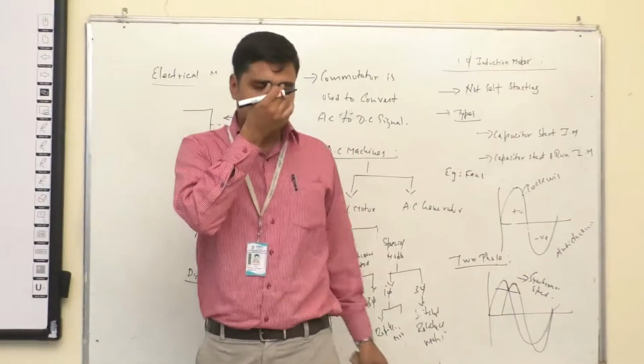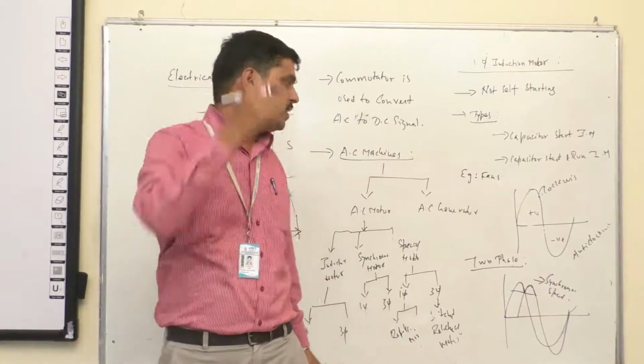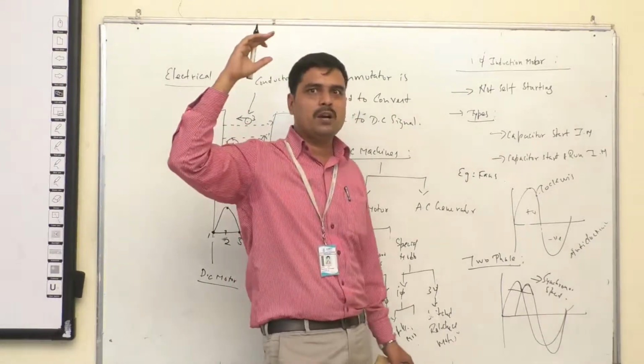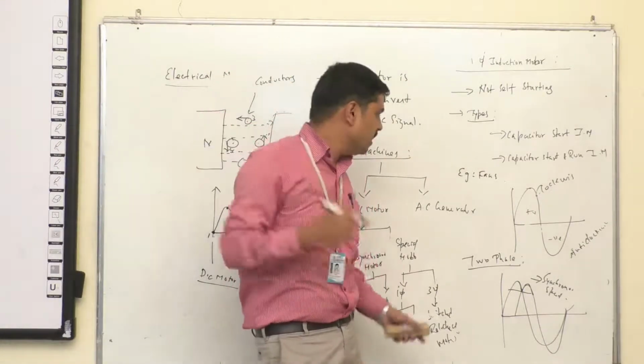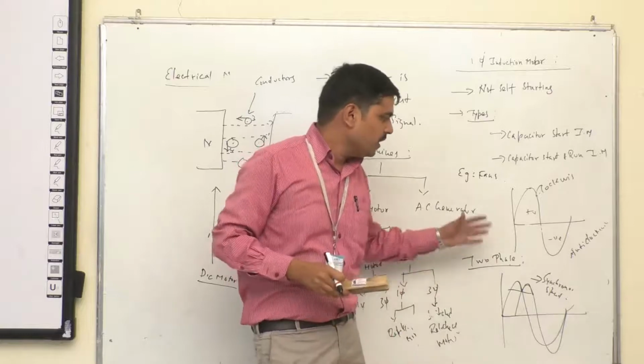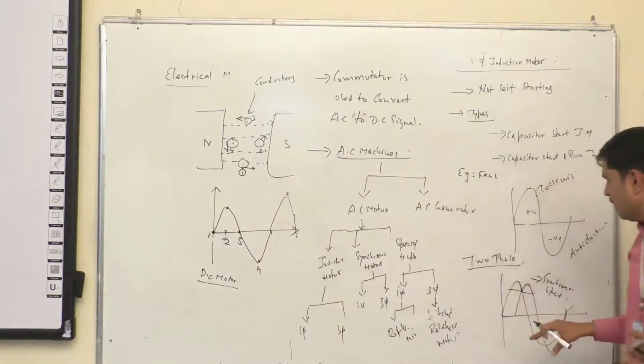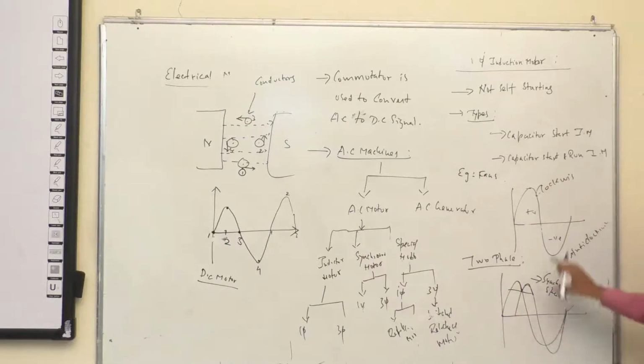You can see some problems in your home. Sometimes the fan is not rotating. You just pull the fan and it starts working. That is a capacitor problem, because the capacitor is not injecting any torque. So every device needs some starting torque. That is a starting torque problem. The starting torque is given by means of the capacitor.